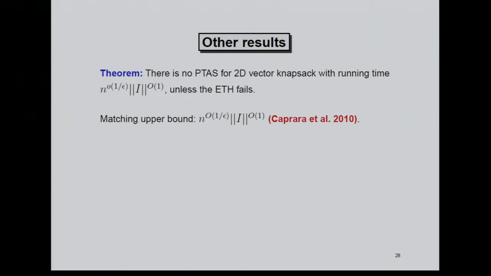What we don't know is what happens in the higher dimensional case. In the higher dimensional case, there is an algorithm where the dimension goes here in the exponent, but we were not able to prove a lower bound where d goes inside. So maybe there is a better lower bound or a better algorithm. So that's one interesting thing one can work on.